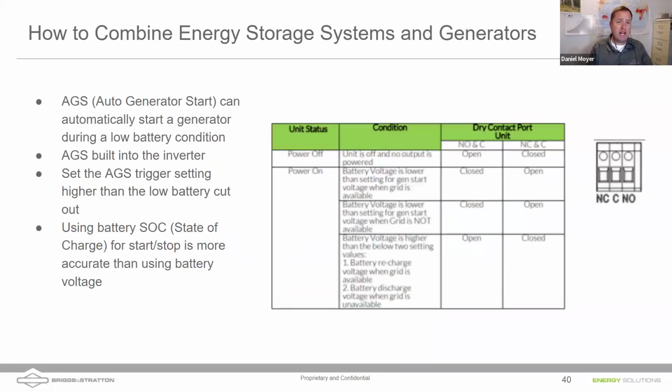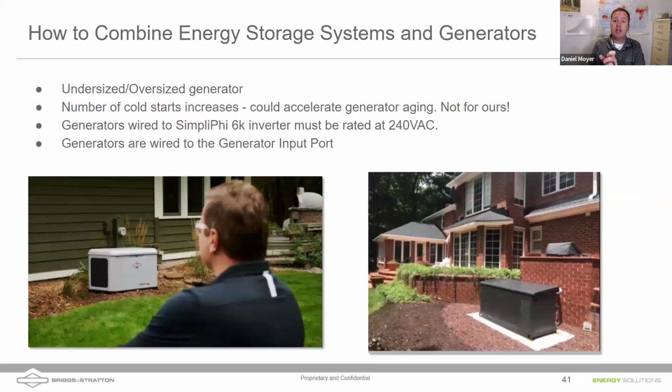Recognizing we're running short on time, I'm going to keep going pretty quick through this, everyone, but keep the questions coming. Again, automatic generator start is what's going to start the battery. It's a normally open on our generators. So that's what our inverter is capable of, either controlling a normally open or a normally closed generator. For ours, make sure we don't undersize the inverter like I talked about,